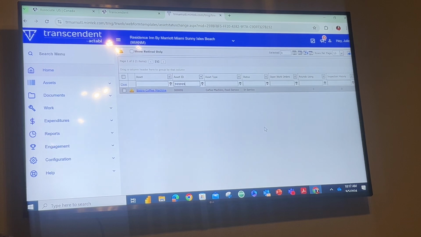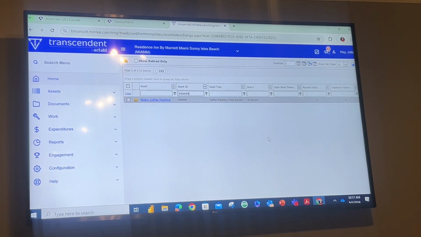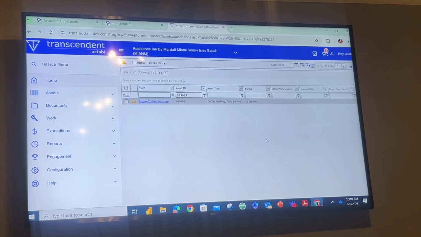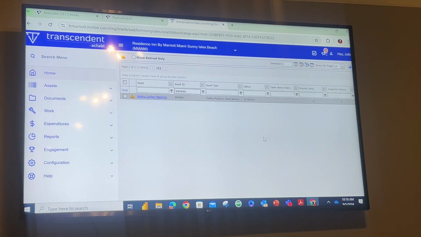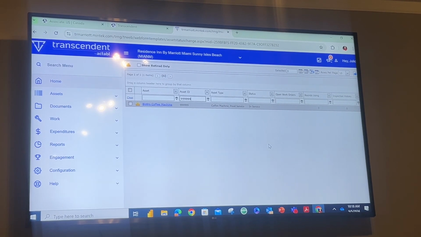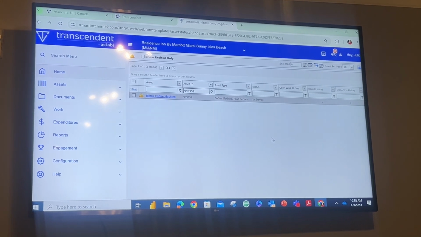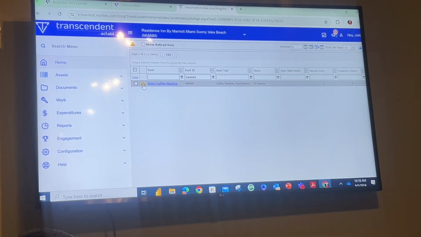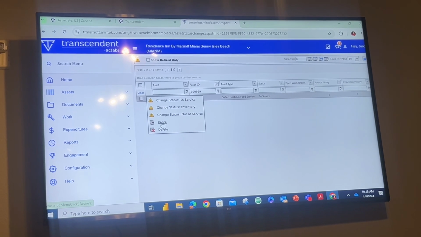Good. Now, in order for you to retire an asset, there cannot be any rounds or inspections open. It has to be completed. If you know that asset is no longer in service, right, and you are adding a new one, just go into the inspection and put not applicable and put a note, this asset will be deleted from Transcendent, right? So you go here to retire the asset, and then you don't want to hit delete, you don't want to hit any of these. You want to go into retire